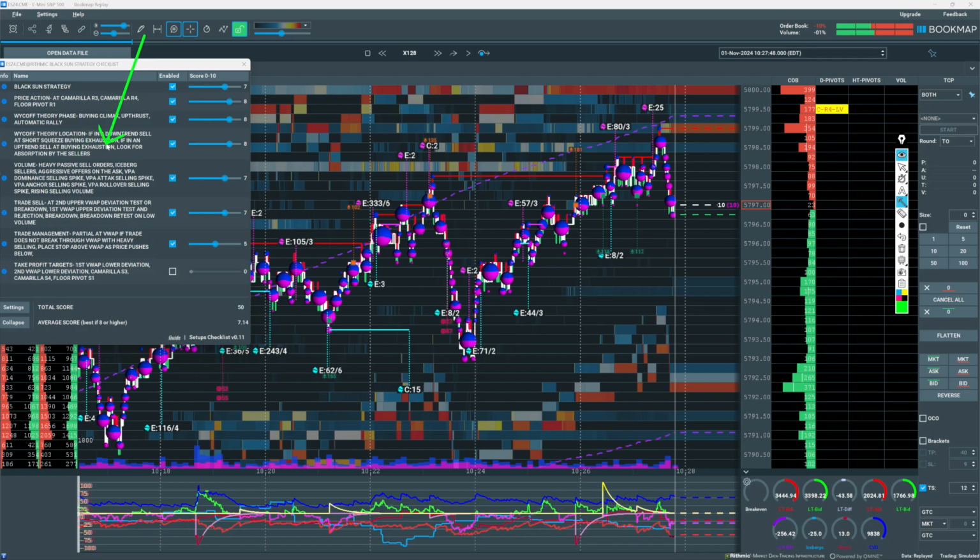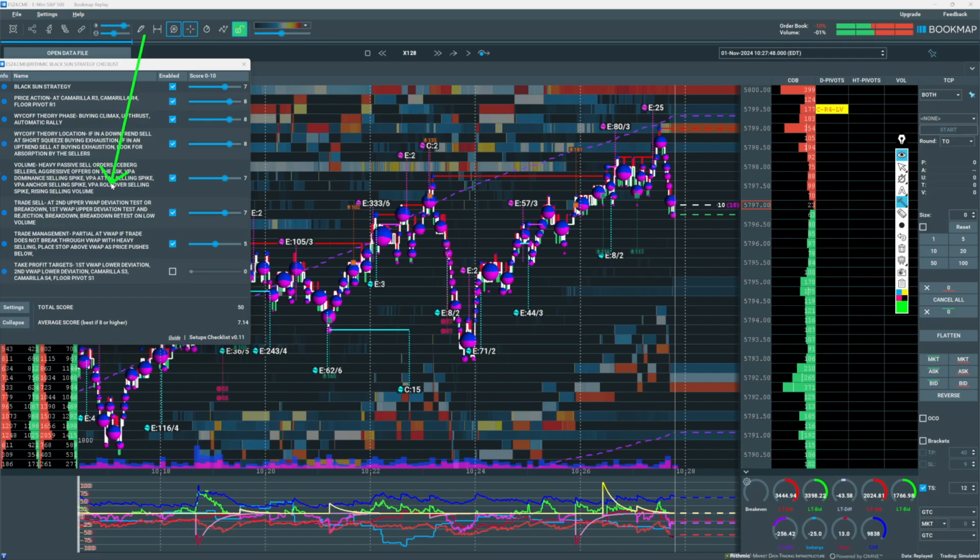Basically, we're looking for heavy passive sell orders just above price, iceberg sellers, aggressive offers on the ask, VPA dominance, and a selling spike, which I just explained. VPA dominance is the fuchsia line, and VPA attack is the orange line, which turns into burgundy in its extremes. And VPA anchor selling spike, which is this,